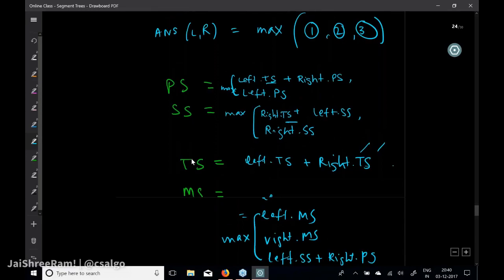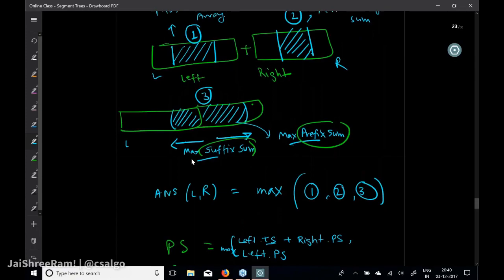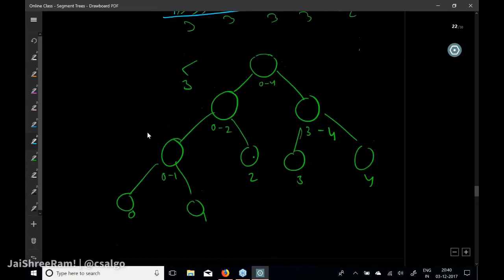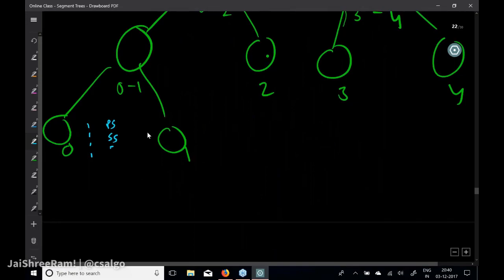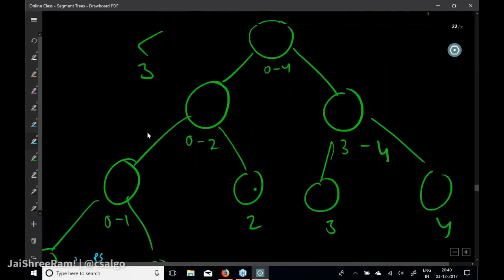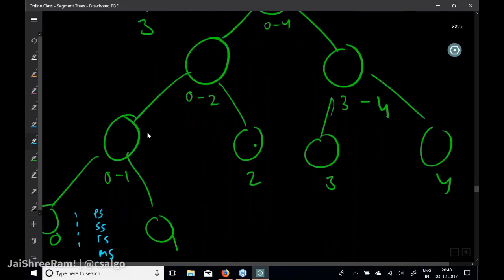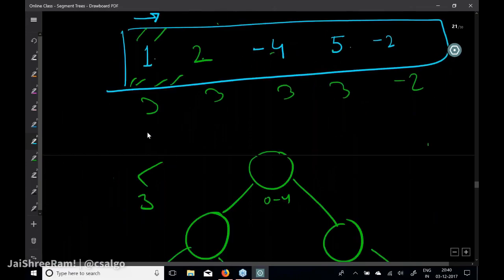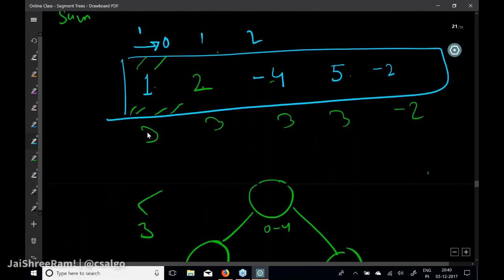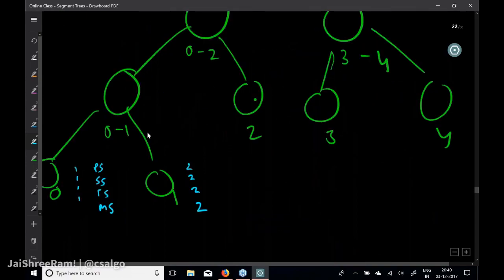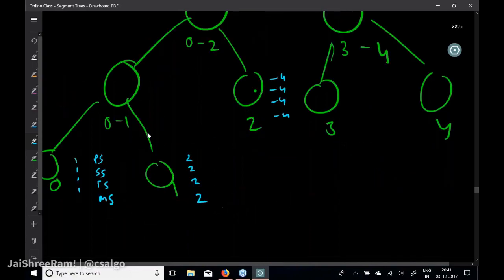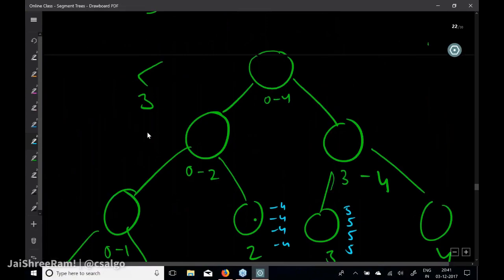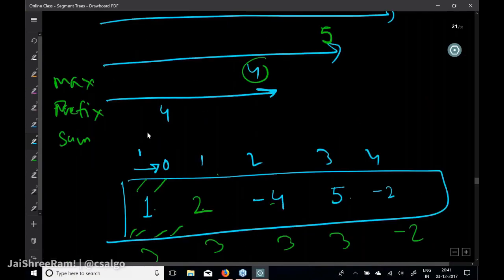ठीक है। तो ड्राई रन करते हैं इस चीज को अपने इस पे। तो देखो, अब अगर सिंगल ही नोड है, सिंगल नोड है अगर 0 0 0, तो चारों सम यही होंगे 1 1 1 1, प्रीफिक्स सफिक्स टोटल मैक्सिमम। अगली नोड पे 2 2 2 2, राइट। 2 वाली नोड पे 0 1 2 3 4, -4 -4 -4 -4। 3 वाली नोड पे 5 5 5 5। उसके बाद -2 -2 -2।